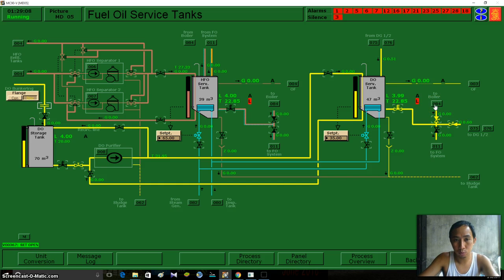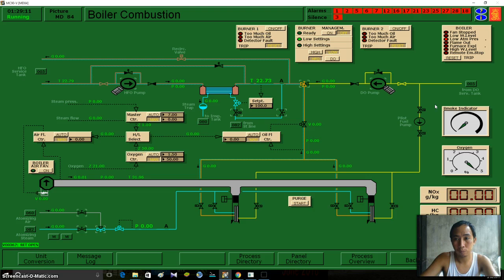So this is our boiler. Again, we're going back to our boiler. This is our line. Okay, as you can see, we're going to select our diesel oil as our fuel. And we're going to switch this three-way valve going to our diesel oil pump. If we start this pump, it will circulate the fuel in here. We have our relief valve here, so even though the fuel doesn't have to go anywhere, we have our relief valve. It will circulate in this line.